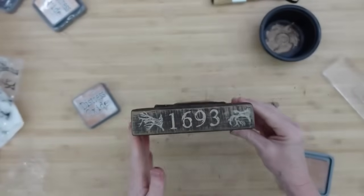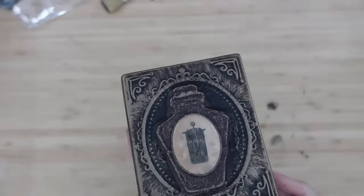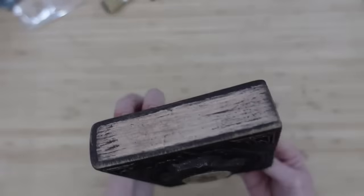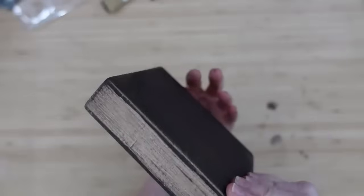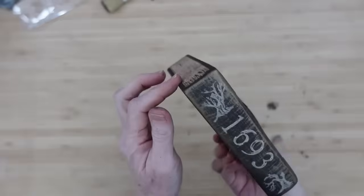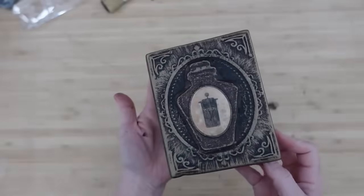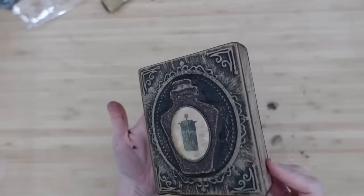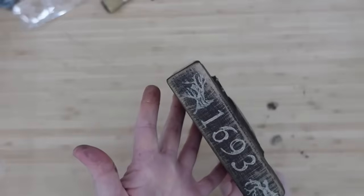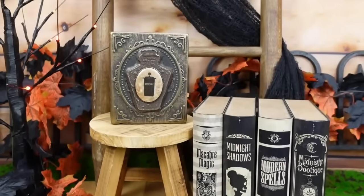And if you didn't guess, this is Hocus Pocus. Yep, our sisters from Hocus Pocus. Let that thing completely dry, and she is ready to go somewhere in a vignette in your home. And you know, really honestly, you could use this in moody decor any time of the year, but at Halloween, this is a good one to add. Here she is,